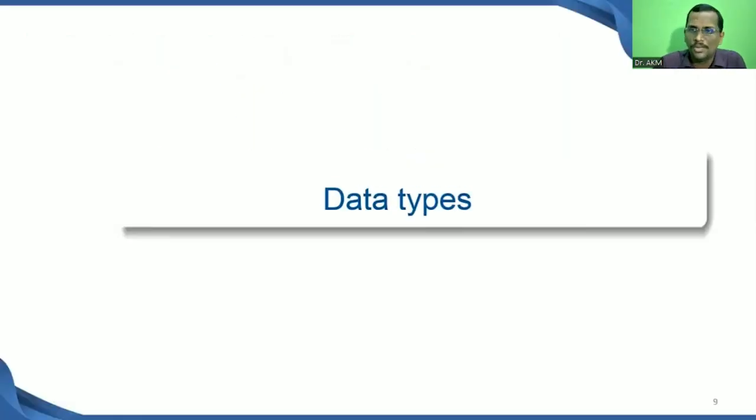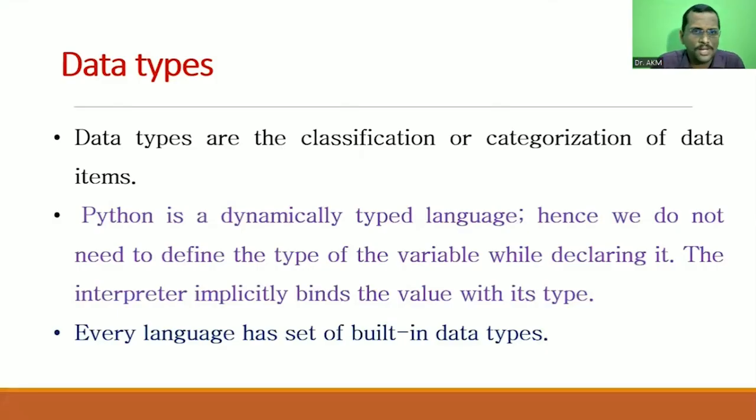Next, data types. So what are the different data types in Python? First, data types are the classification or categorization of data items. Python is a dynamically typed language, hence we don't need to define the type of variable as we do in C or C++ or Java, where you have to declare the data type when you declare the variable, like int